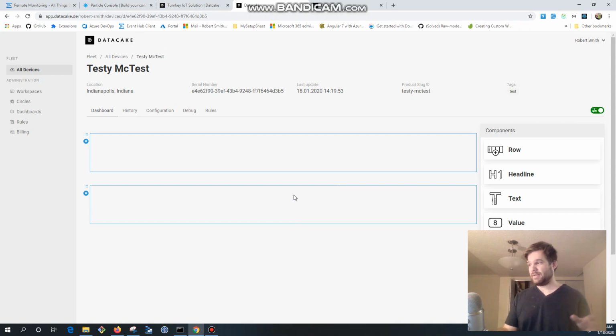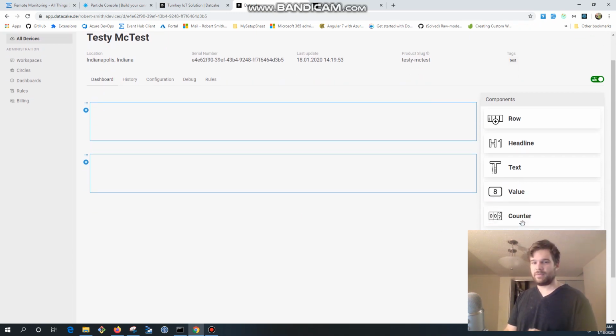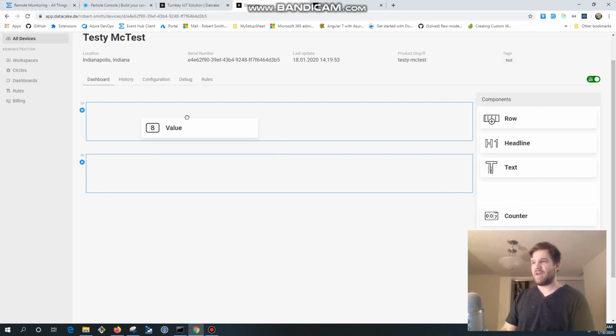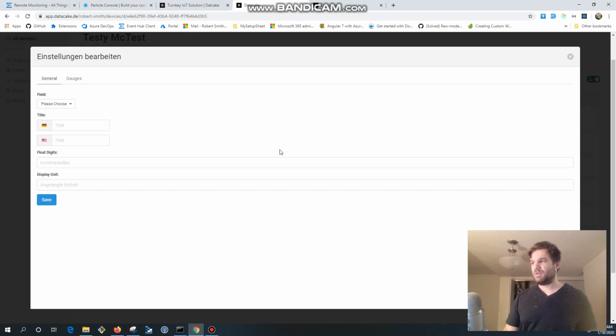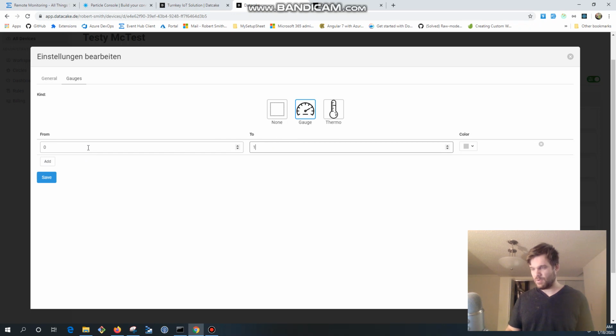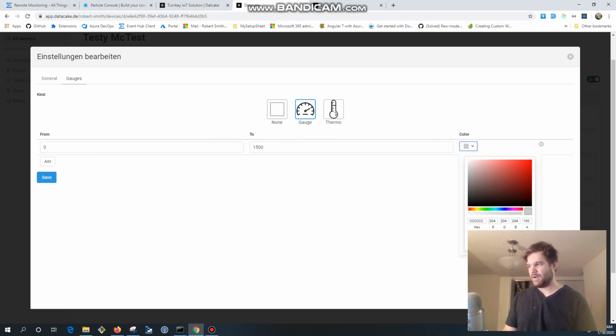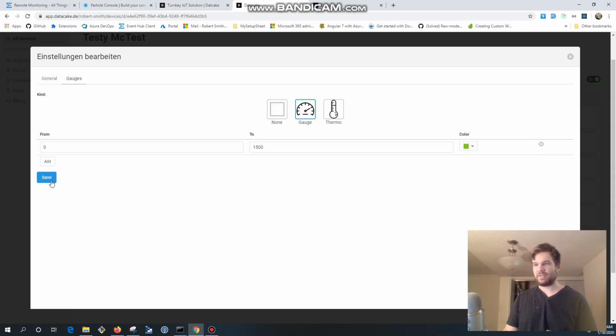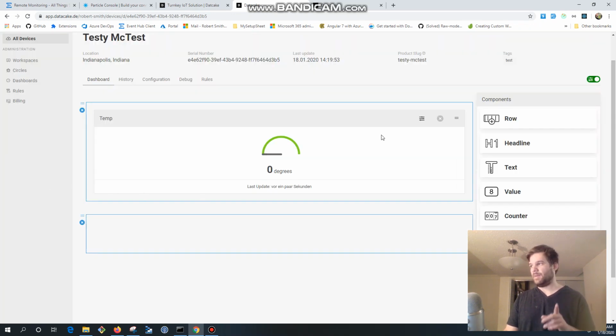and this is why I think Datacake has really got things figured out well. You can make these custom views for whatever situation you need. So say I've got this thermometer out there, and I just want to know the value. So I'm just going to get the value. I'm going to configure this little widget, choose the field, temp, and we can make it a gauge. I really like that they have these colors, so you can choose the color of the gauge,